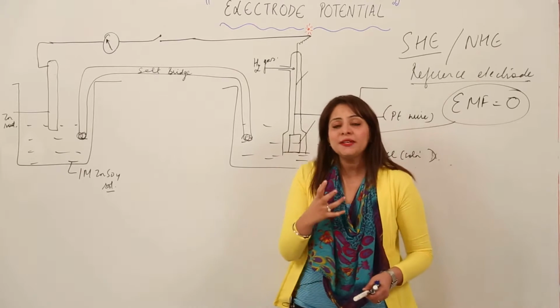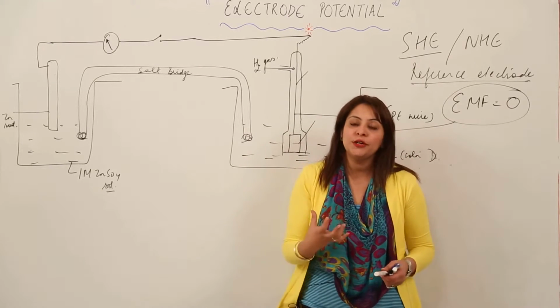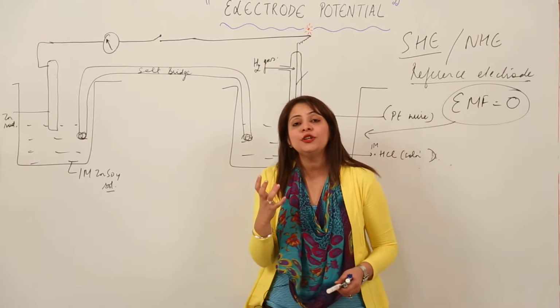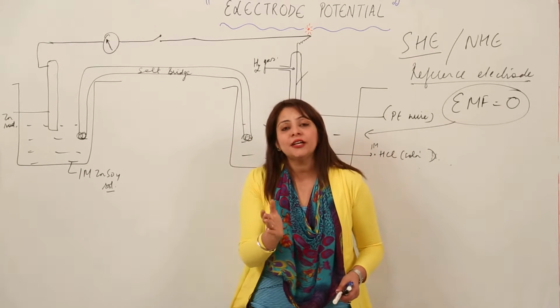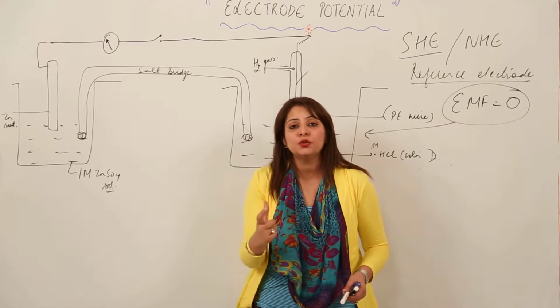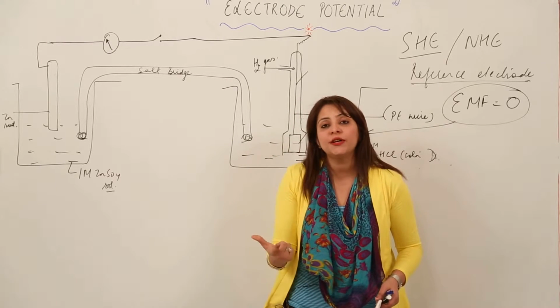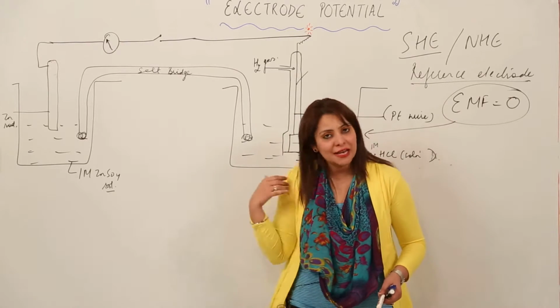What we will be doing is, we know that the reaction will take place and electrons will be produced and they will be moving, and we will look at the direction of the flow of the electrons. By looking at the direction of the flow of electrons, we will come to know the direction of the electric current, or which cell is going to act as anode or which is going to act as cathode, with respect to the SHE.